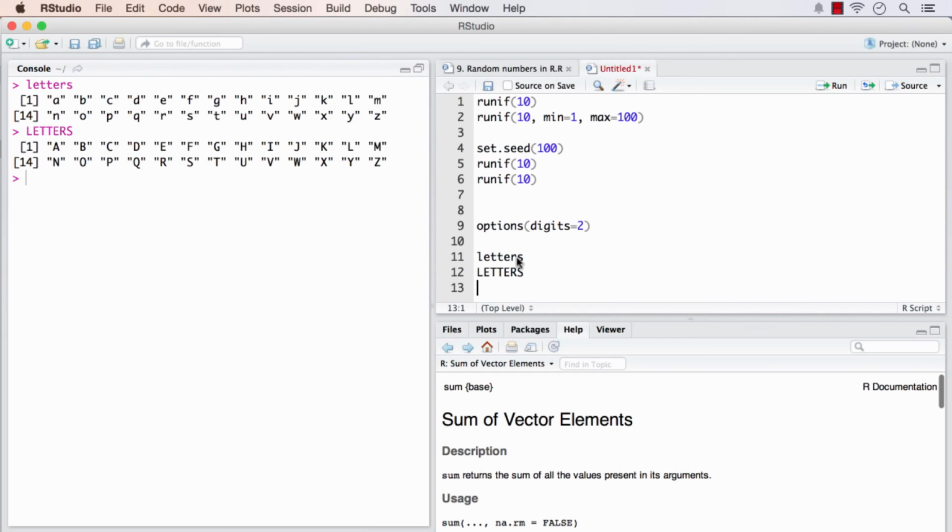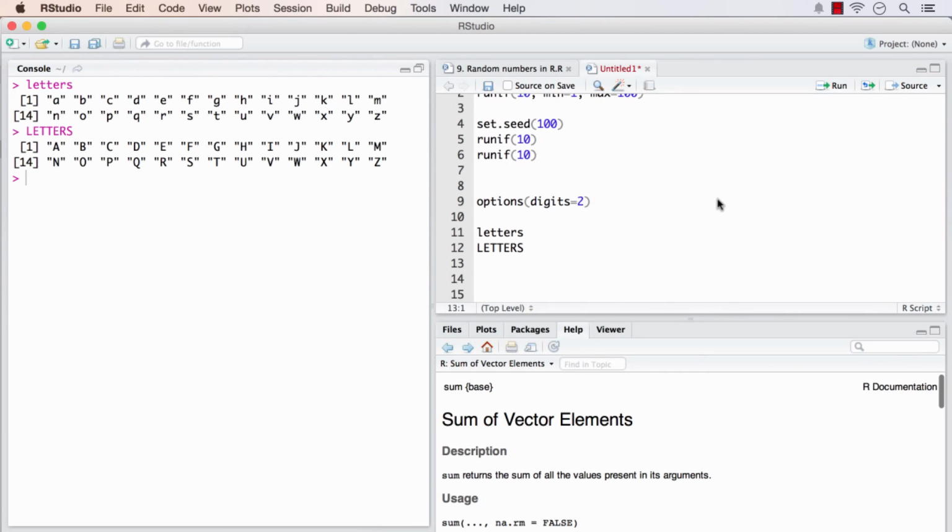Hope that went well. If you got it, congrats. I will now show you how I would have done this. I already have the alphabets I need inside this letters. So what I need right now is the random numbers. How I would generate them is, I need 10 alphabets, so 10, and it should range from 1 to 26. Before doing that, I need to set the seed. I will set it as 100.